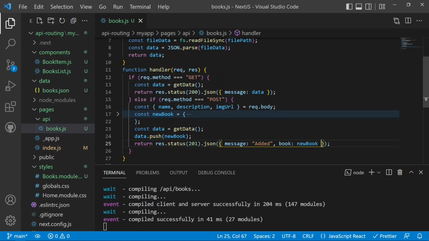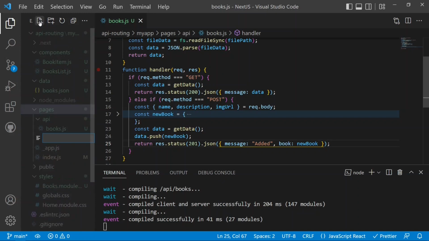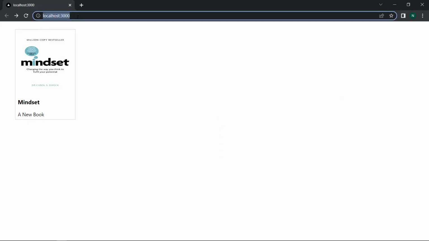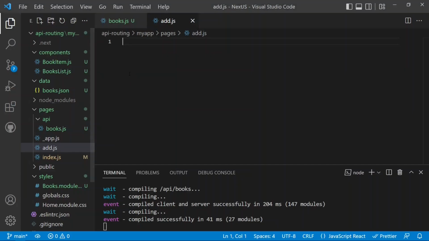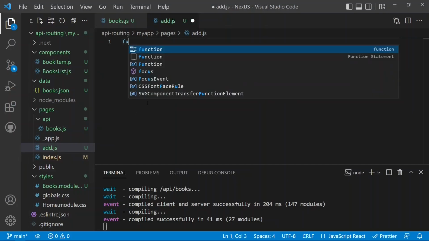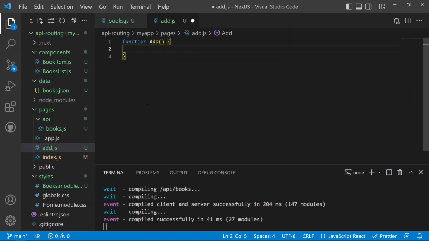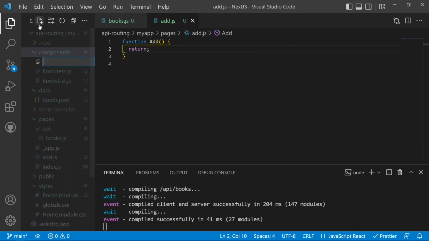if we now move on to the application, what we can do to perform this API call is create a new page inside the pages folder, and it can be add. So now we will move on to localhost:3000/add, and then there will be a form. For the add, there will be a function, addBook, or it can be just add. After that, we will return a new component, so now we will create a new component as well. Inside the components folder, we will create an AddBook component